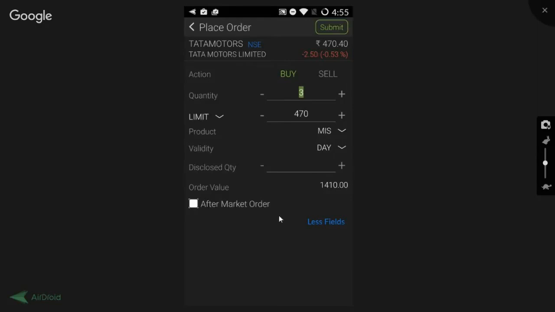There's an option of aftermarket order. This option is available in the mobile application. Previously, this was not available in the mobile application. To place an aftermarket order, our clients and all the users had to go to the web-based portal, or make it from the call and trade department, or do the same from the software. But this is added into the mobile application. There's a checkbox given. So this is the normal order that we've placed, and when we click on it, this becomes the aftermarket order. Aftermarket order timings are from 5:30 to next day 9. So you can place an aftermarket order from here itself.